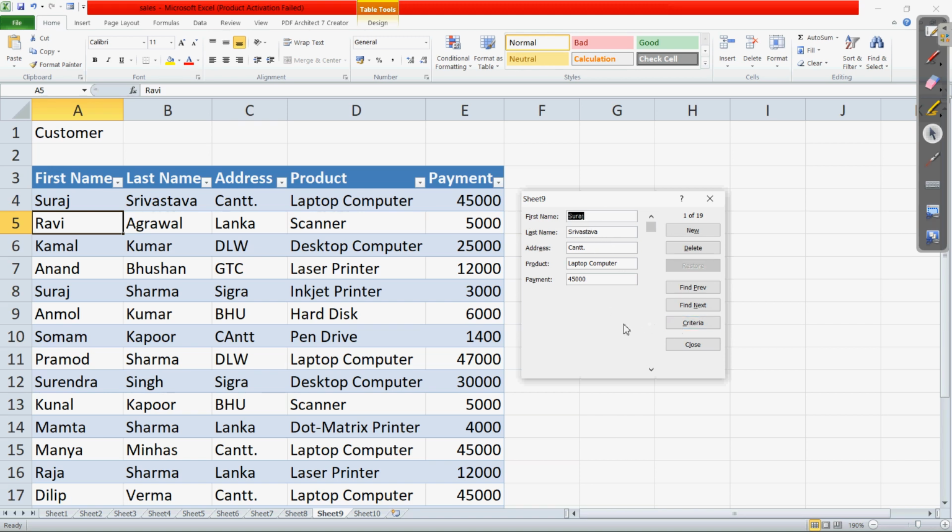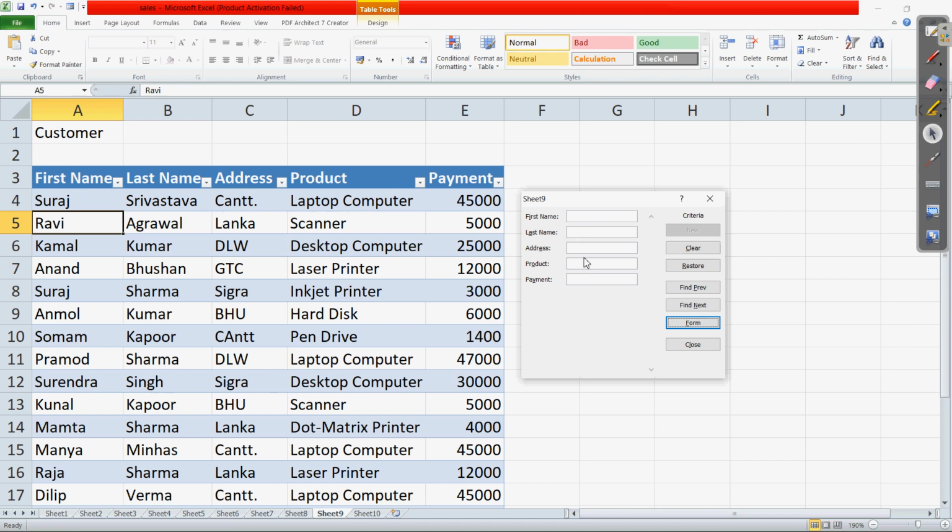Now we are going to use the criteria. Here is the criteria button. I hope this is visible to you. Clear? So let us click on this criteria button and specify the criteria we want to apply. When I click on criteria, a blank sheet is again present with all the labels, but the values are not present here. They are blank.